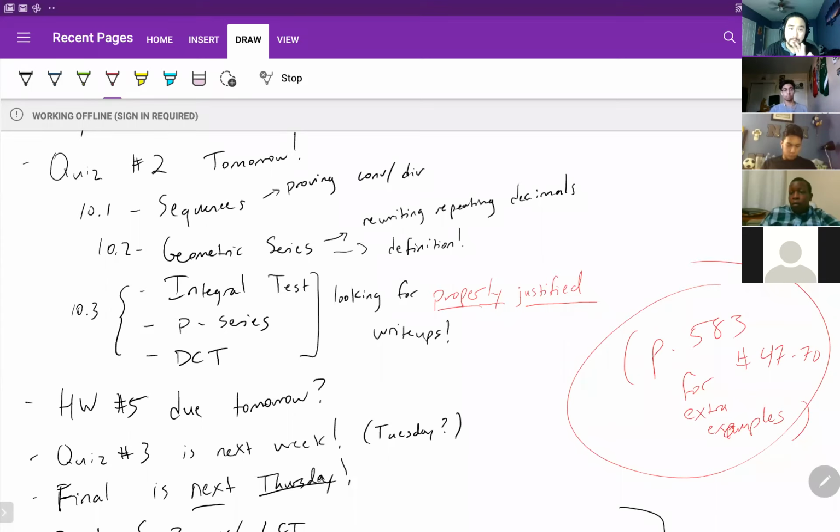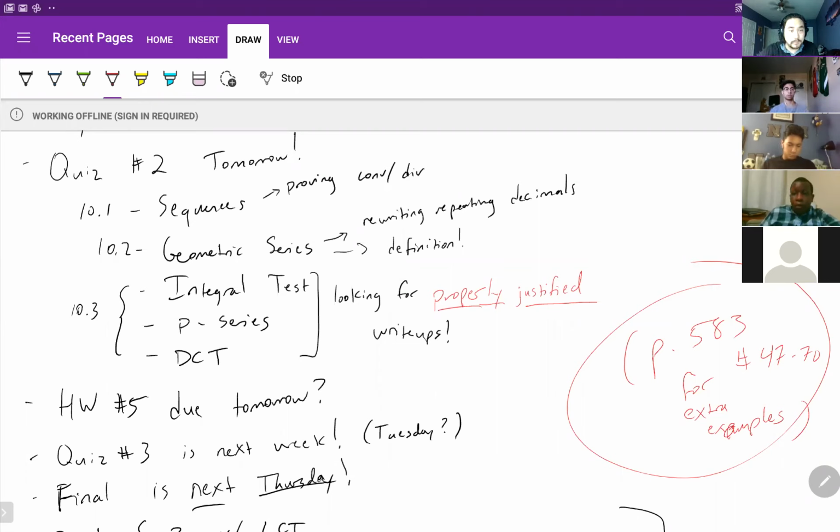Definitely try some of these practice problems. There's a bunch you can find online. Just type in practice series problems with convergence and divergence. There are so many out there. If you want to do a practice write-up, message me privately on GroupMe and ask, hey John, is this okay for a write-up? Do it by all means. All right, but your quiz is tomorrow. Let me know if you have questions, and I will see you on Wednesday. Good luck on the quiz.